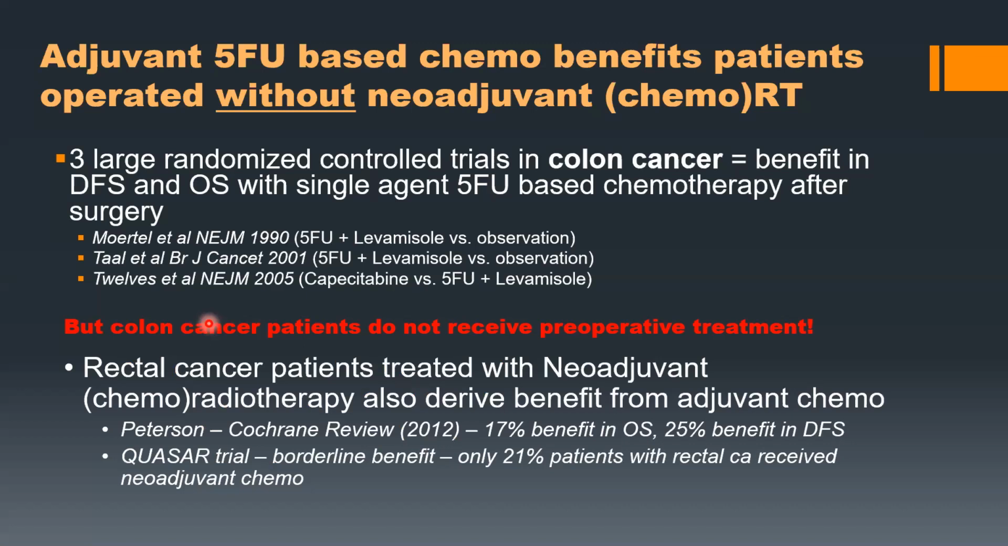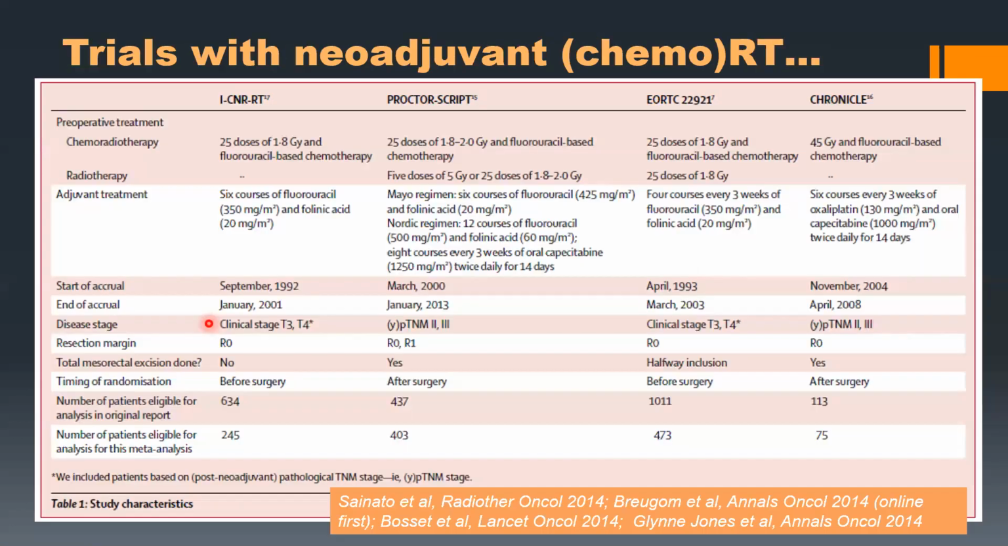And the meta-analysis has shown that there was a 17% benefit in overall survival and a 25% benefit in disease-free survival. But more recently, there have been 4 randomized control trials, specifically in rectal cancer, which have looked at the role of adjuvant chemotherapy after neoadjuvant radiation or chemoradiation in rectal cancer. Most of these studies did not complete their planned recruitment. So individually, these are small studies, but a combined analysis of these studies